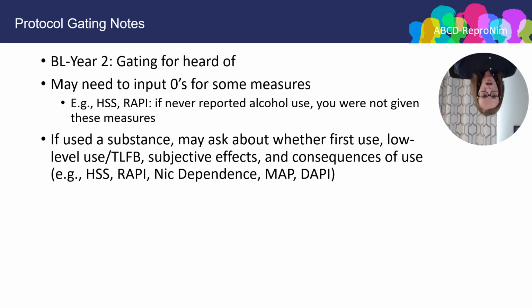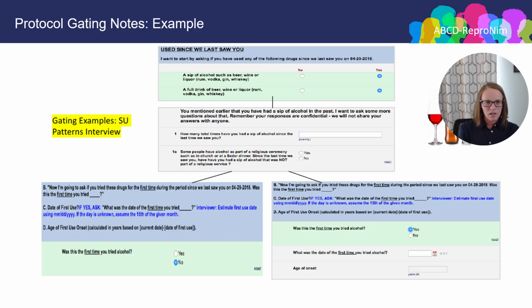I want to walk you through a couple more gating examples. This is from the substance use patterns interview. We start by saying, I want to start by asking if you have used any of the following drugs since we last saw you on April 29th, 2018. Have you had a sip of alcohol such as beer, wine, or liquor, such as rum, vodka, gin, or whiskey? If they've endorsed this, then we say, how about a full drink of beer, wine, or liquor? And then once they get through all of those yes-no questions for each substance, we say,